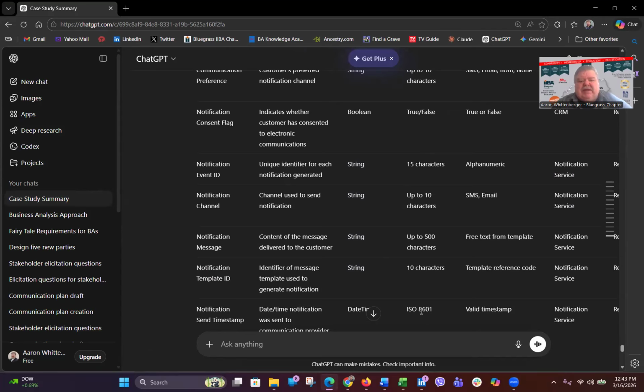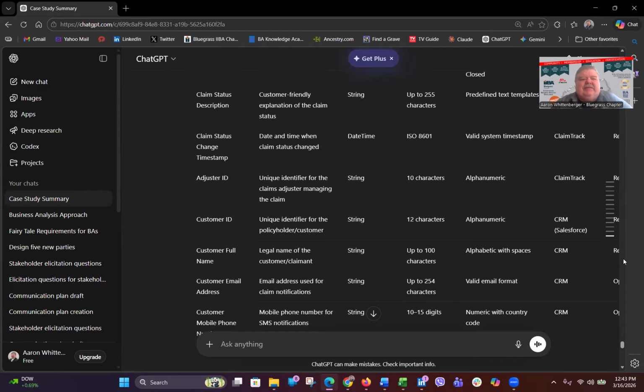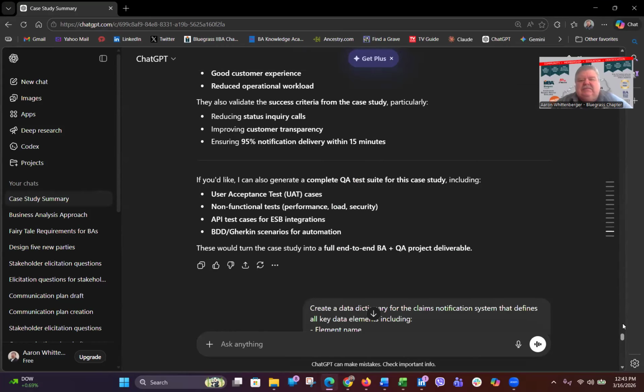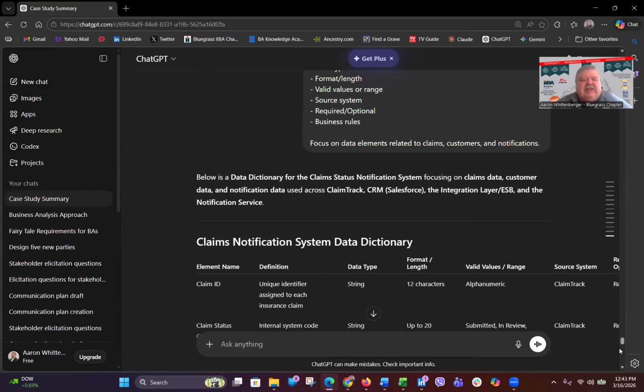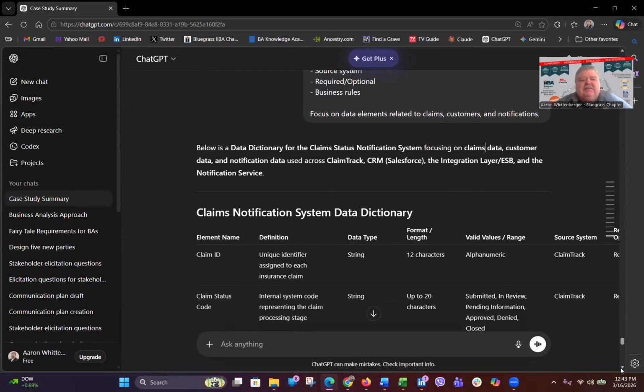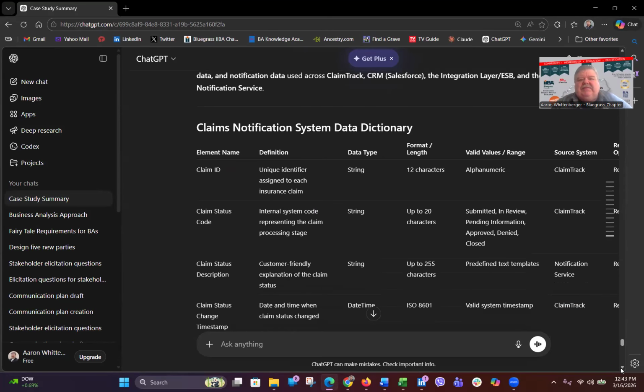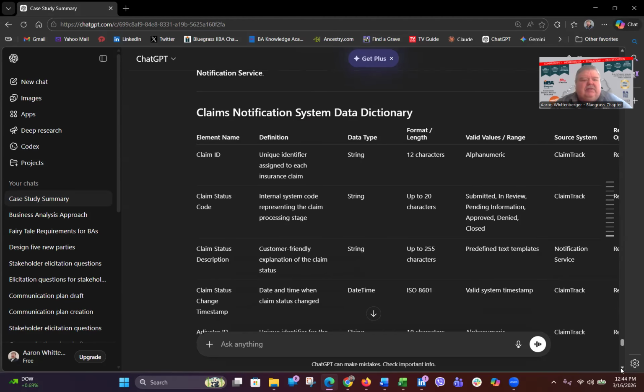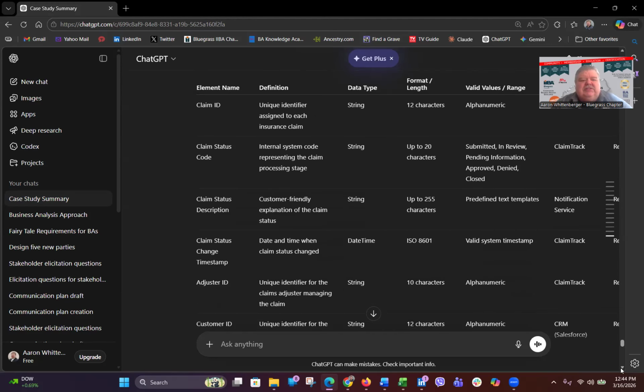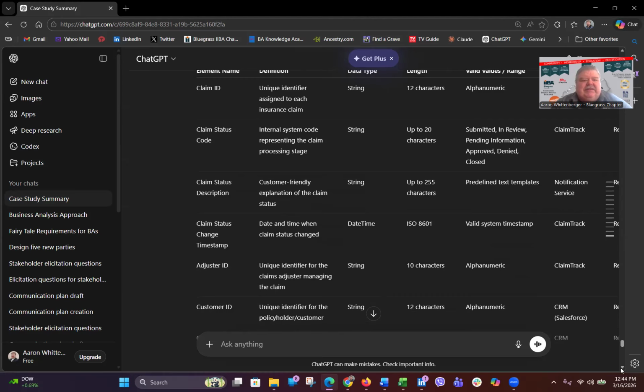Date time, ISO 8601. It looks like very much the same data you got, claim ID, claim status, and a small definition, the data type, format, and length, valid values, source system. So all good stuff. Adjuster ID,